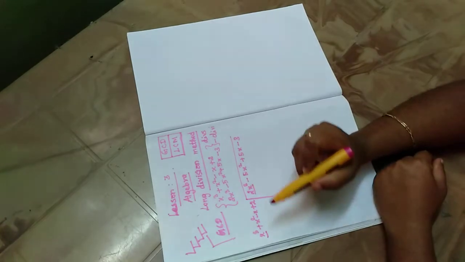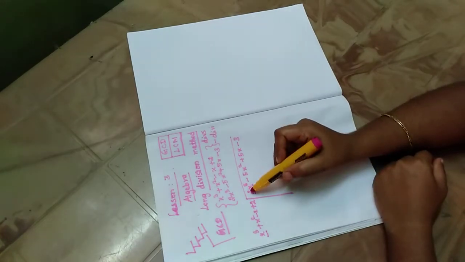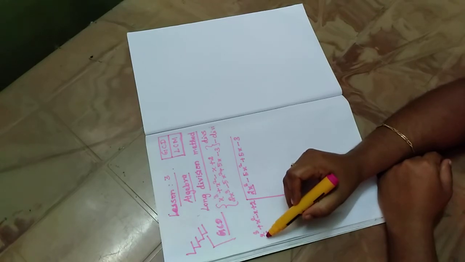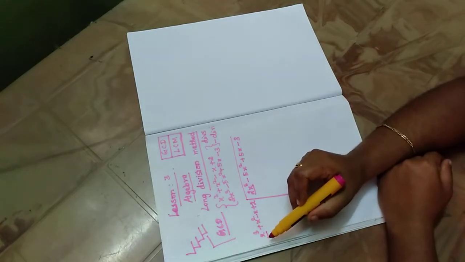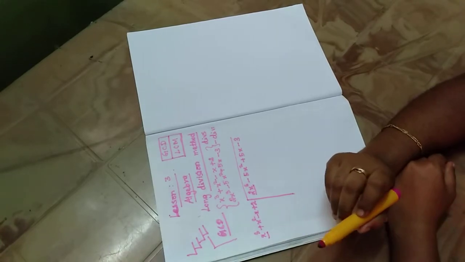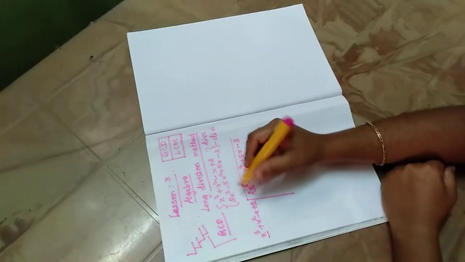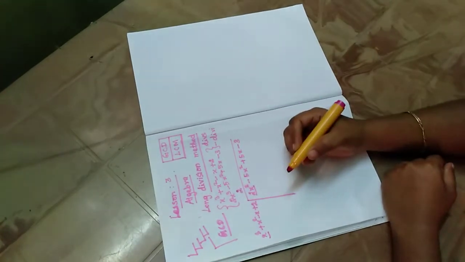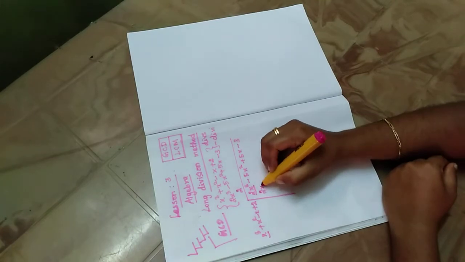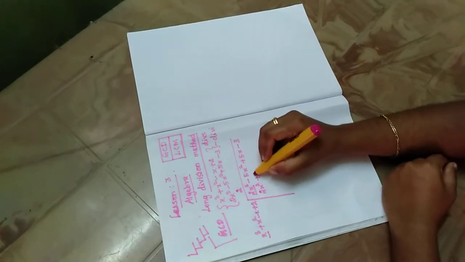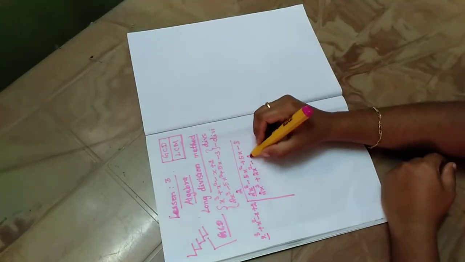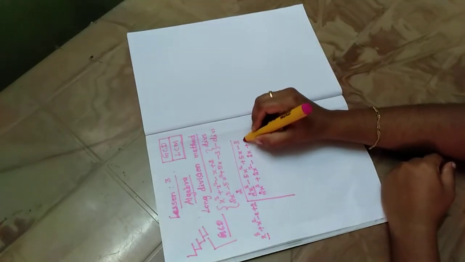x cube, what did you need more? Yes, you needed 2, isn't that so? Now if you multiply by 2 it will change into 2x cube. Once you are multiplying by a new term, you have to multiply that term with the whole equation. Let that number be your quotient. Now multiply. That is 2x cube plus 2x square minus 2x plus 4.